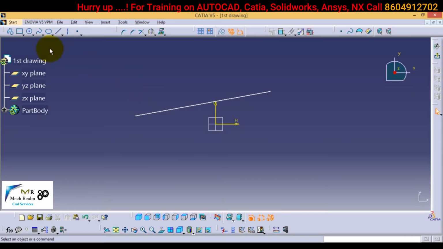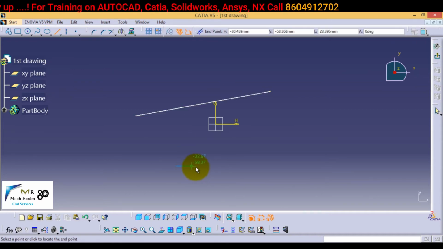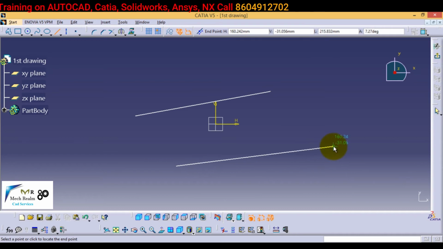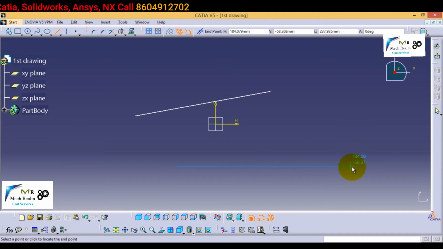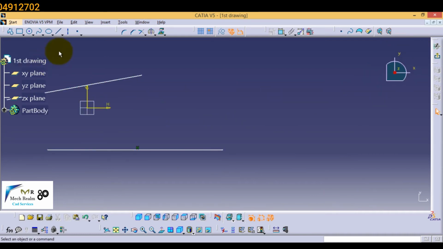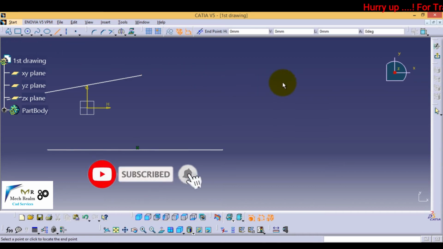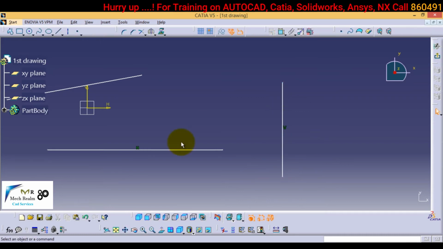For a horizontal or vertical line, simply we have to select the option, define its start point, and while defining the terminating point, we have to shift our mouse like this, downwards. When a blue line appears, this means this is a horizontal line. Simply click once again. Understood? On creating a vertical line, you will have to follow the same process, but this time we select a line, define a starting point like this and a terminating point like this. Clear? In both cases, the blue line will appear along with the constraints.